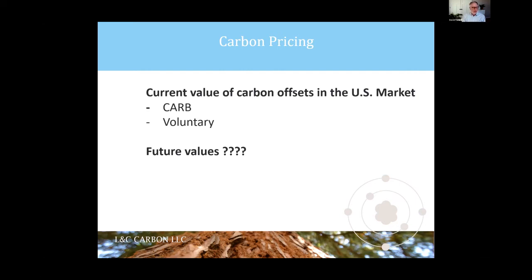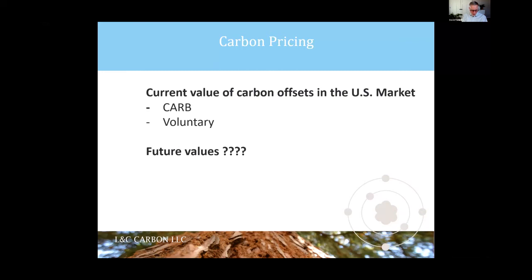In the voluntary market, they're really all over the map, but forestry projects tend to get a higher dollar value. And I think it's pretty safe to say that I've seen a lot of carbon projects transact between $7 and $10 a ton here over the last year. And so the question becomes, what do those future values look like? Traditionally, the regulated market, the California Cap and Trade Program, has tended to receive a higher value for their carbon offsets because they're referred to as regulatory grade. However, we're beginning to see some closure between the voluntary prices and the regulated market prices. And I think we're going to head towards more parity in those markets over the next decade.